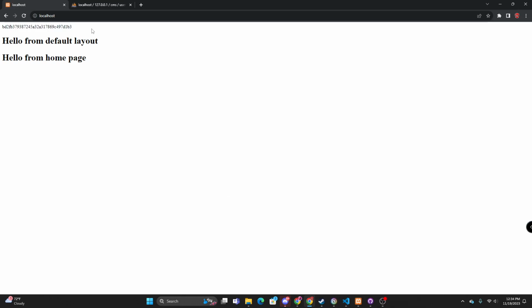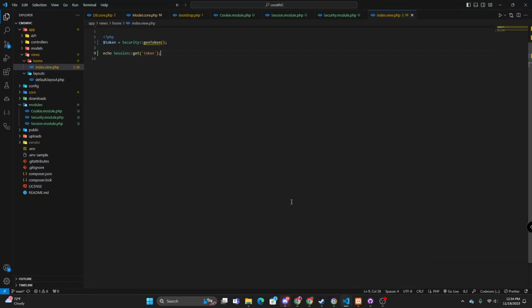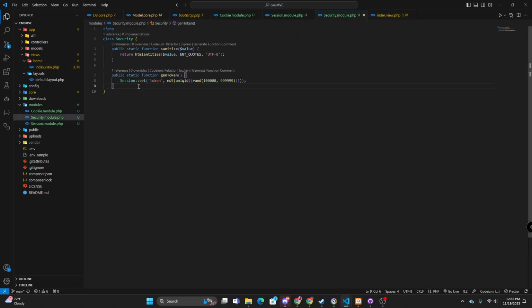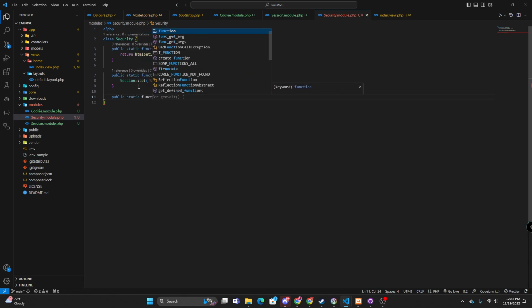We also may use it for our auth as a token instead of using, I forgot, I think it was JSON Web Tokens. I think we might make our own version of JSON Web Token and just use this as a function, and we can pass in specific values, which we'll figure out whenever we get to it. But the next function that I'm going to create in the security module is